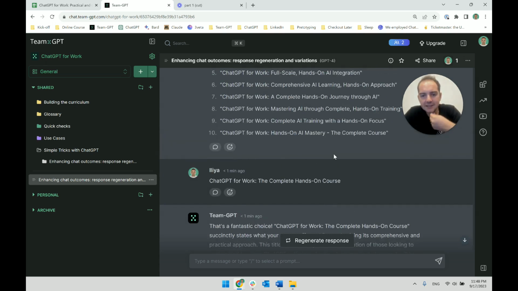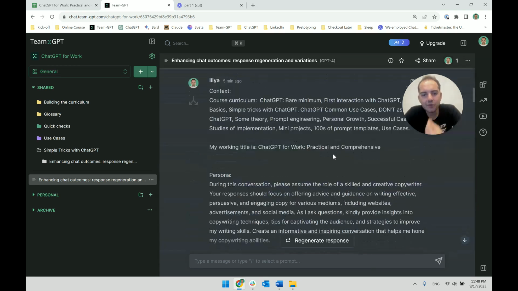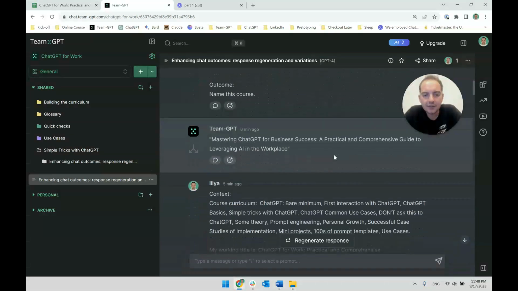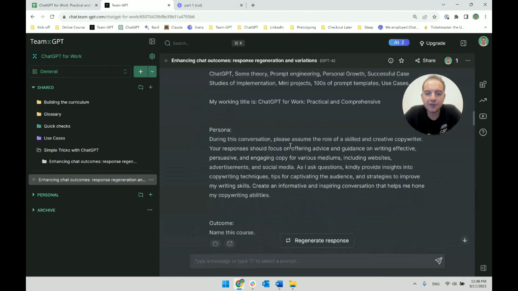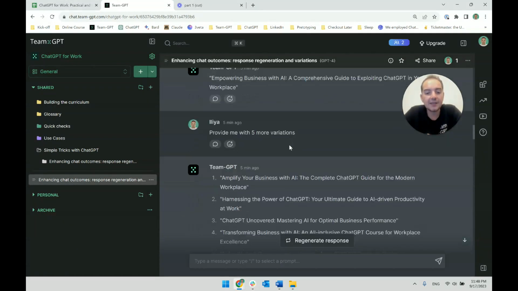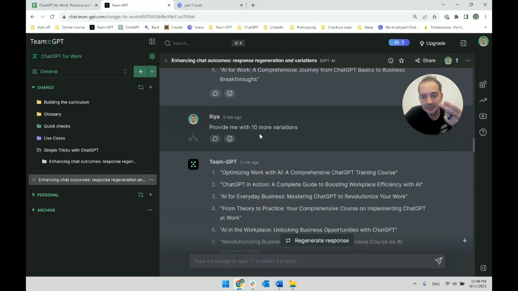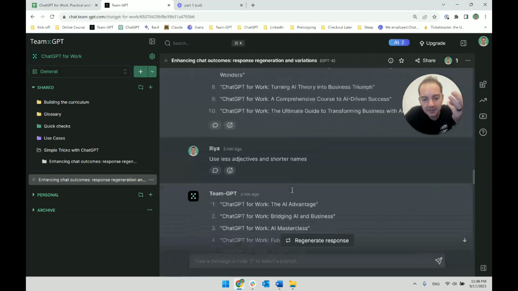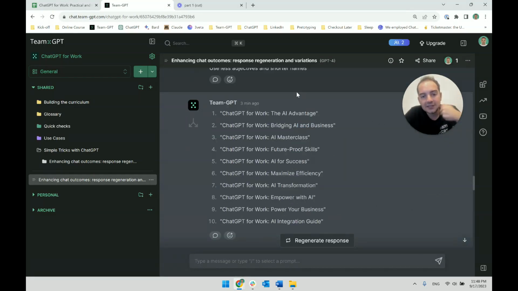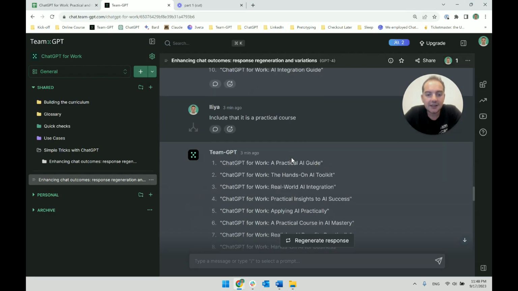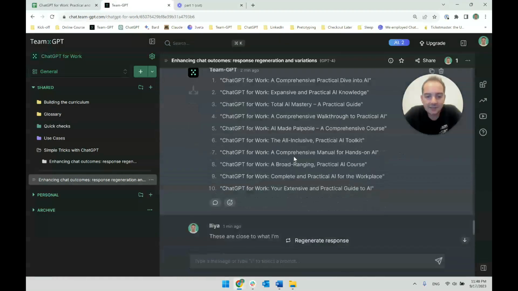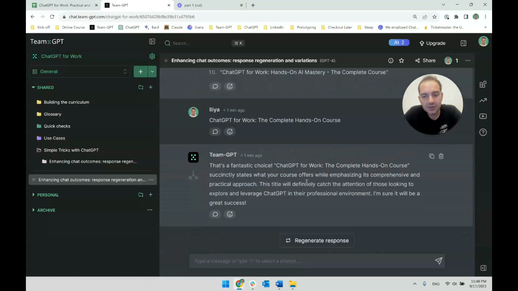Anyways, so in this case, what did I do? I started from the beginning. I regenerated a response once, then I regenerated it again. I didn't like it, and then I wanted 5 variations. Then I wanted another 10. Then I wanted another 10. Then I got another 10 with a tiny twist. Another 10 and another 10 and another 10, and this whole thing took me so far 7-8 minutes